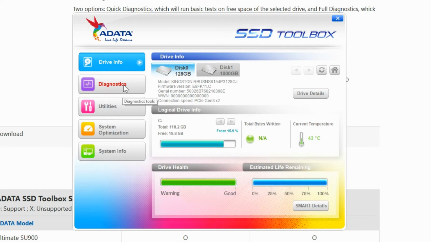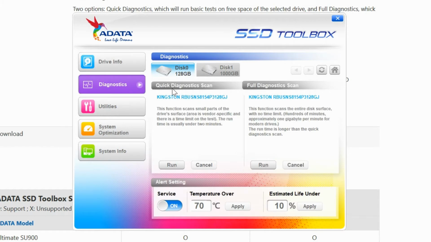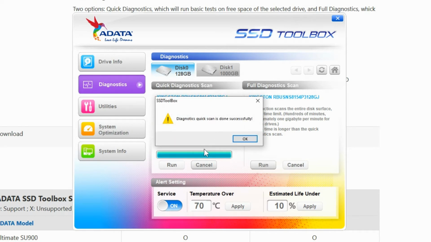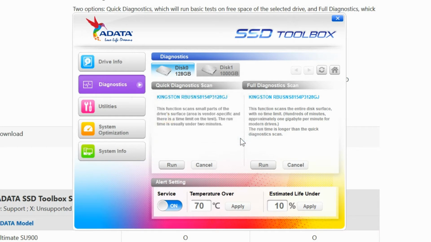The important thing here is diagnostics, and when you're in the diagnostics, make sure you're highlighted on the solid state drive. If you have two drives, you don't want to be on the wrong drive, so make sure you're on the solid state drive because you're using a test for a solid state. So there's quick and full. We'll run the quick, and it shows the bar, and before I could finish talking, it's highlighted and says done successfully. That's how quick it is.